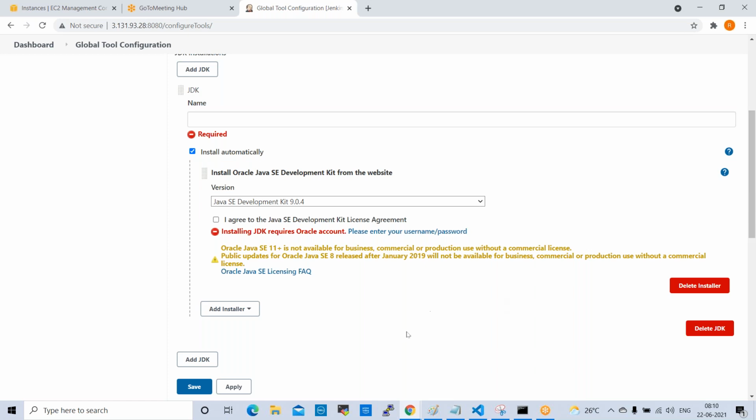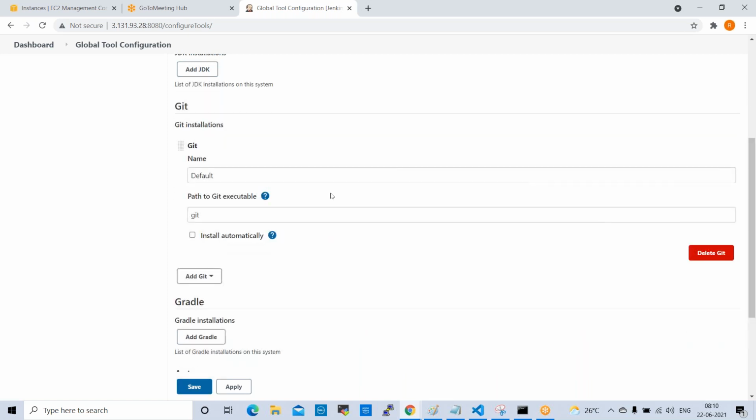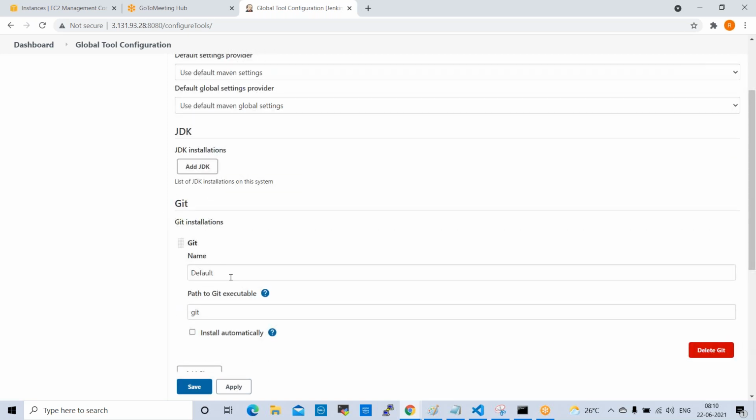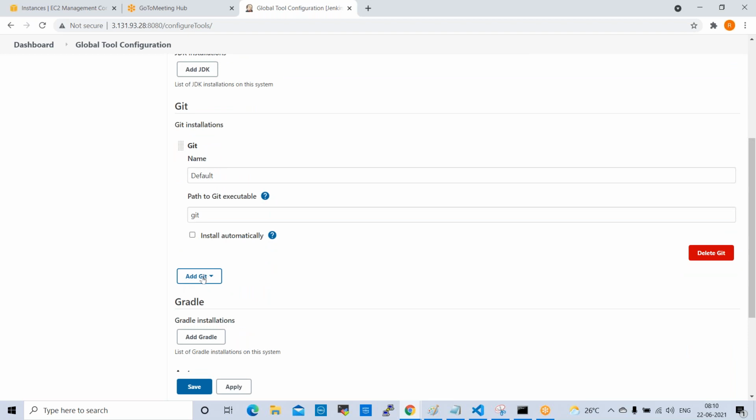So Java JDK we can install here, and we can install Git also here. Add Git, select the Git version, and install automatically. If you have not installed Git inside the global tool configuration, we need to provide the executable path.